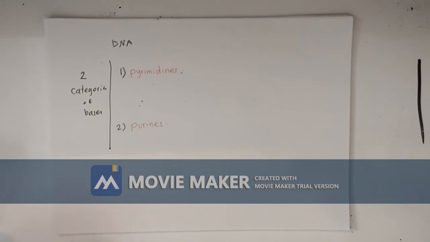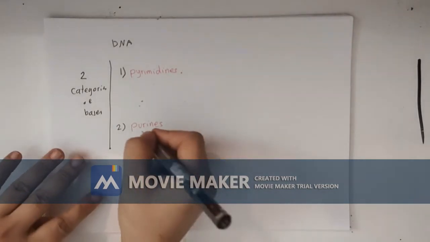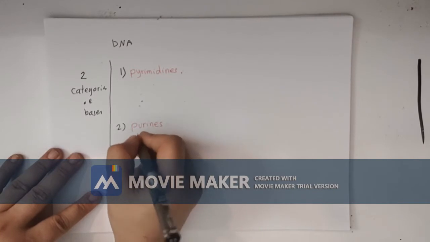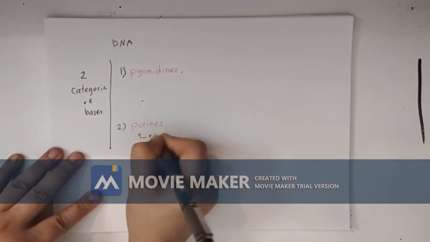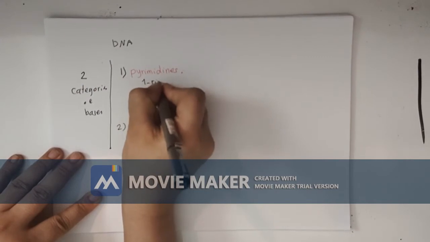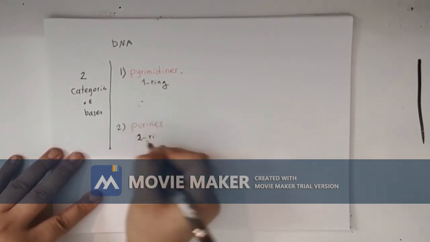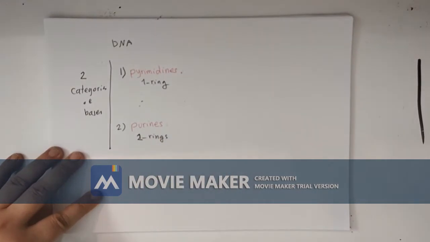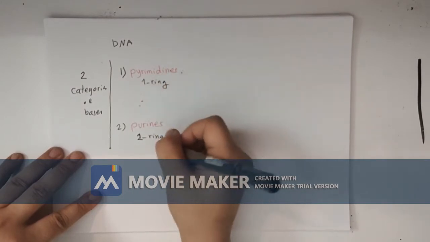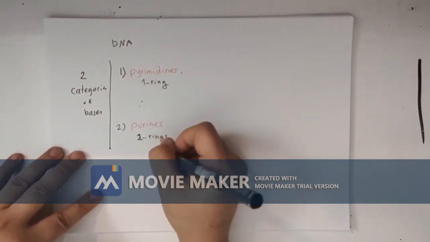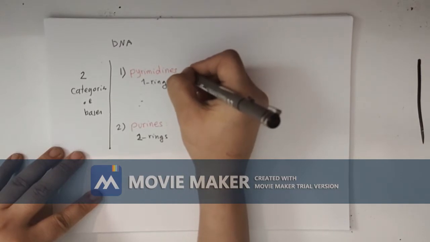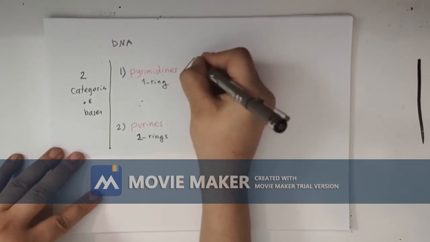So what are the differences between these 2? The pyrimidines are 1 ring, and the purines are 2 rings in their structures. Now let's find out which bases go under pyrimidines and which bases go under purines. The bases that are made of 1 ring only are